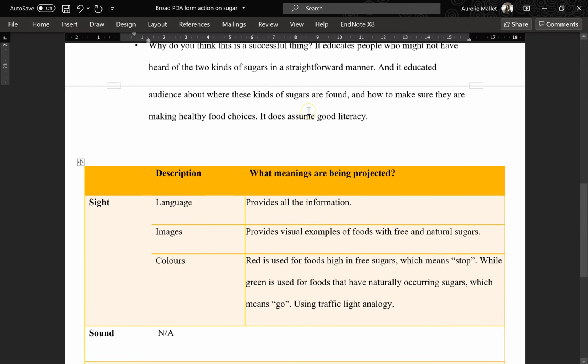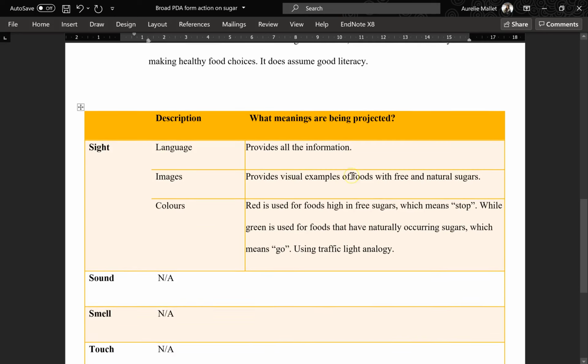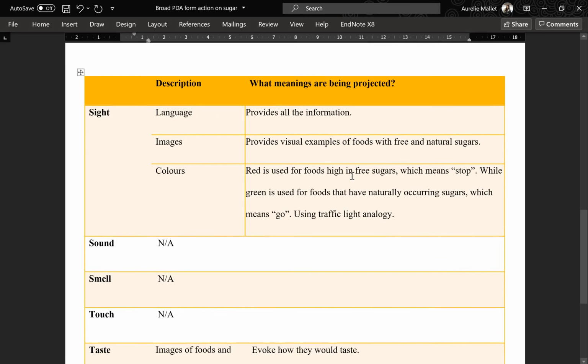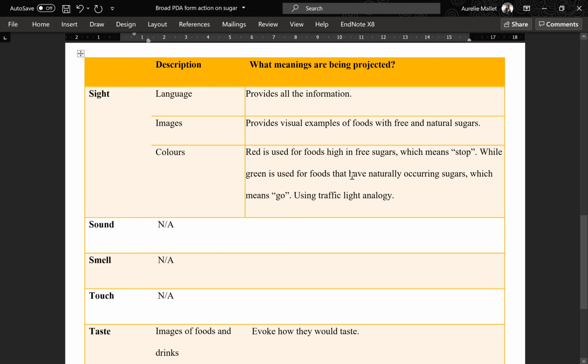So we know that the target audience here isn't exactly a young child, for example. Alright, so looking at this, this is a poster, so it's mostly sight here. So the language, of course, provides all the information. If it was a video, the language might be spoken language, but here it's written language